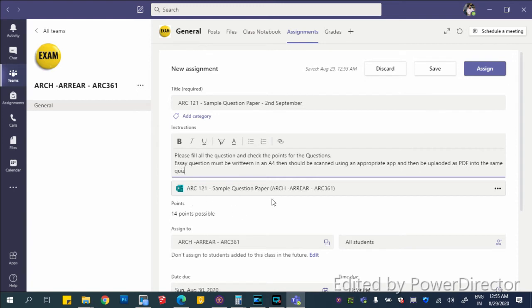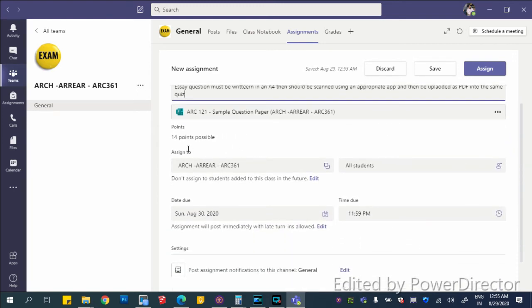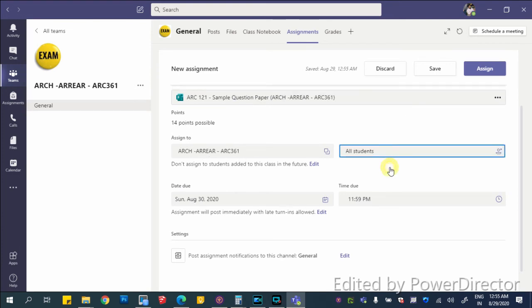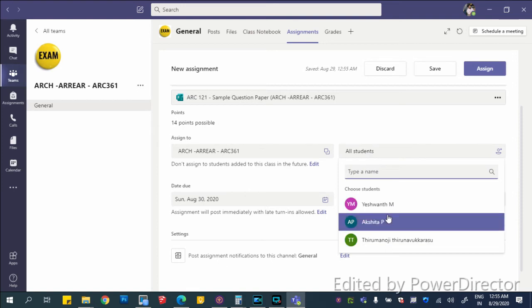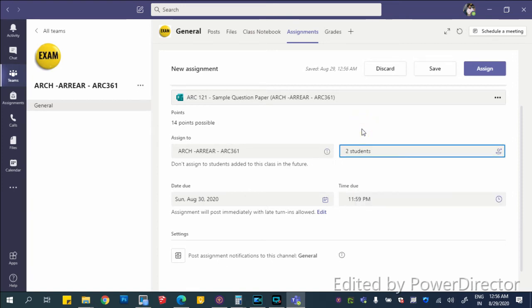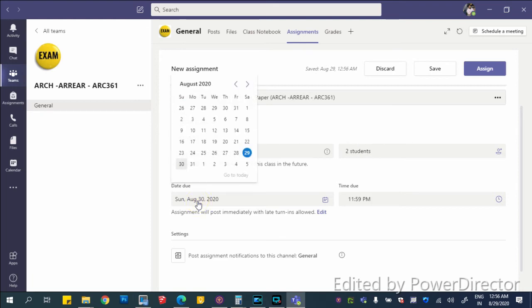Now here we have already selected the sample quiz question paper, and then we are going to assign it to these students. For example, there are 3 students in the class and we are going to give it only for student 1, student 2. Only 2 students will have a right to do this assignment, and for the 3rd student it will not be shown. So that's how you restrict who writes the exam, and you set up a date, that's a due date, and